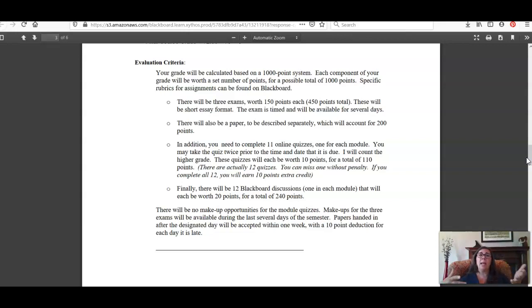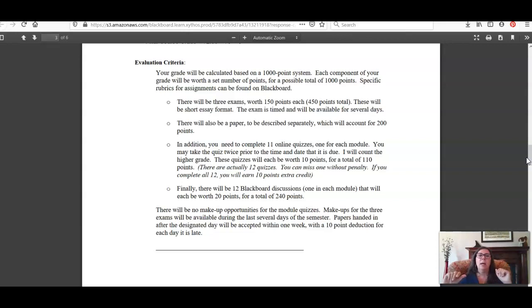So it's one of the things I like best about that 1,000-point system. And you'll see in Blackboard as we go along, it's just a running total that you are earning points towards 1,000 the whole way through. If you earn extra credit points, which are available in some ways, those just get added to your total. So it brings you closer to 1,000. So I really like this system. And if you haven't encountered it before, I hope you'll get used to it and also think that it's a